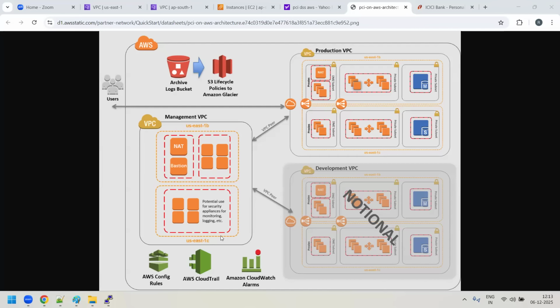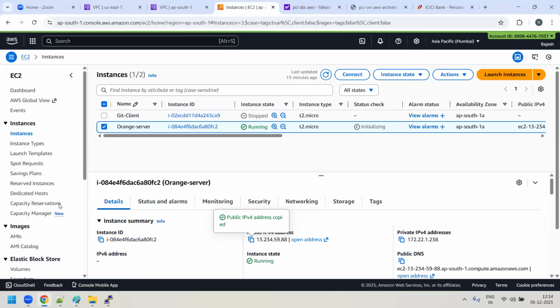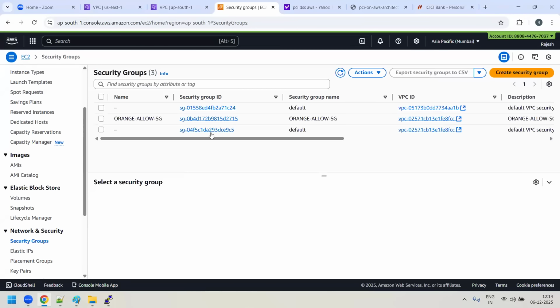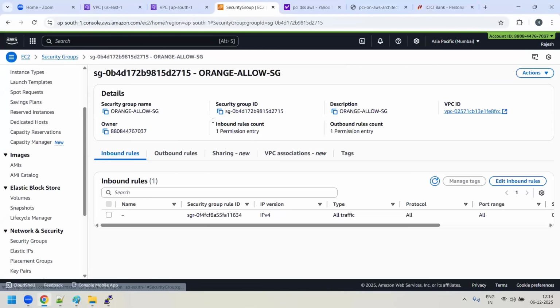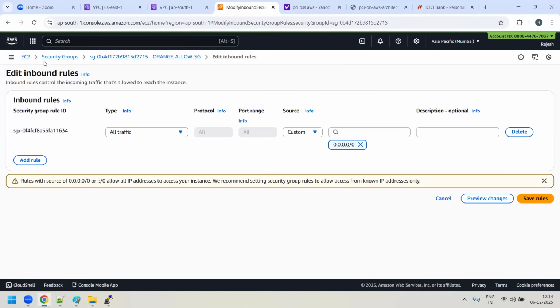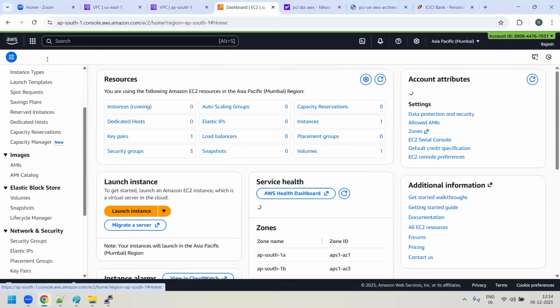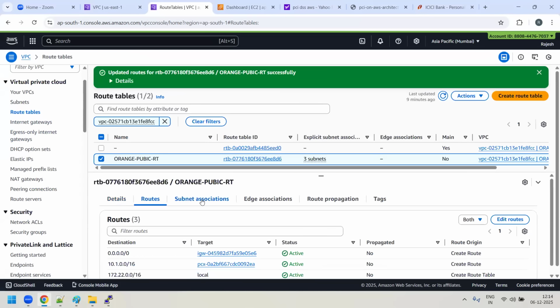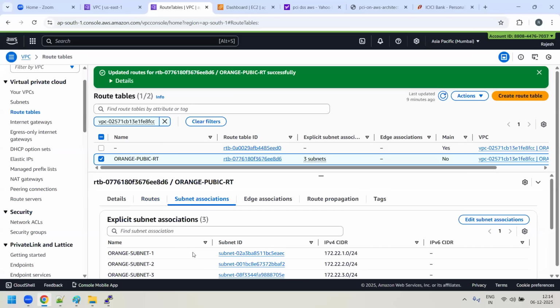Somewhere you made a mistake means there are only two places where you will make it. I will tell you where. One is that while creating the security groups, you have not created them properly. It means if you go and click here, maybe in the inbound rule, you have not edited properly. That is one case. And the second important case, which usually you'll forget, is that if you go to the route table, under the route table, you have forgotten to do the subnet association. These are the only use cases. Apart from this, there is no other thing at all.